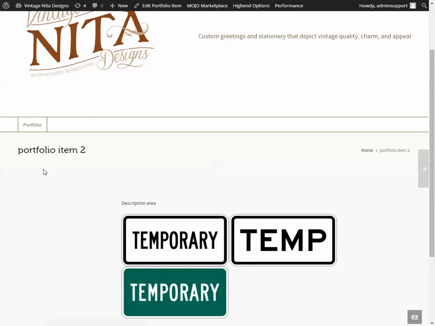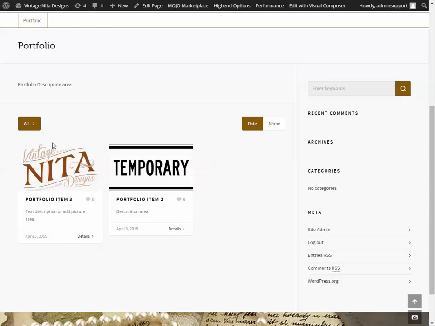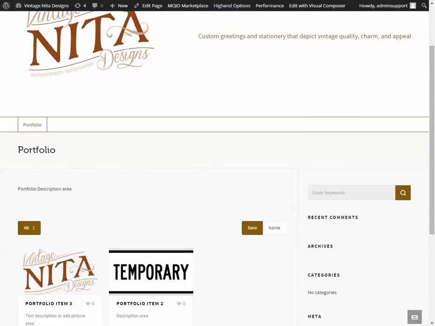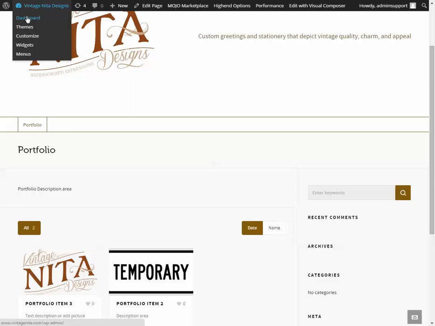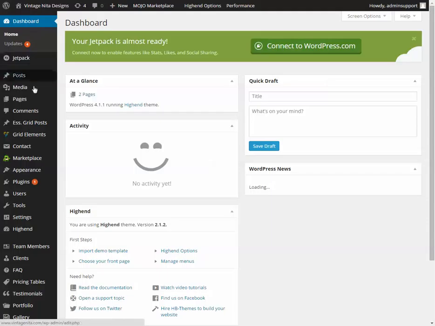Besides adding items to the portfolio, which then get automatically added to the home page. So every time you create a new portfolio item, it'll automatically go on the home page. You don't have to fix that. If you want to make pages besides this portfolio page, so you want a Contact Us or an About Us page, you'll go to Pages, Add New,